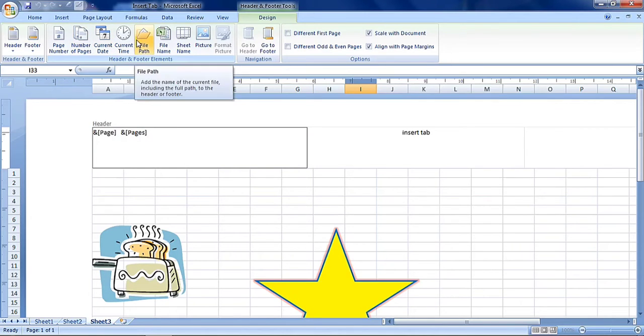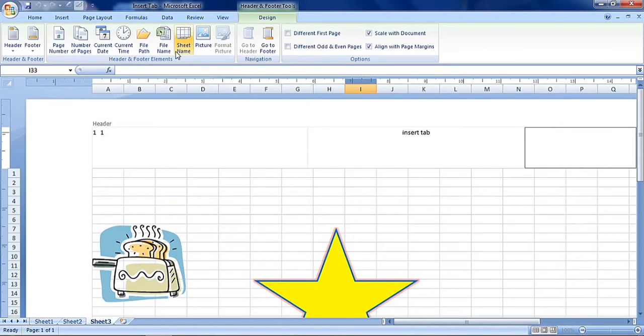Here at the left side I will insert the page number, and on the right side I will insert the sheet name. Like this you can insert different elements in the header area. Next, click on go to footer from the navigation group.